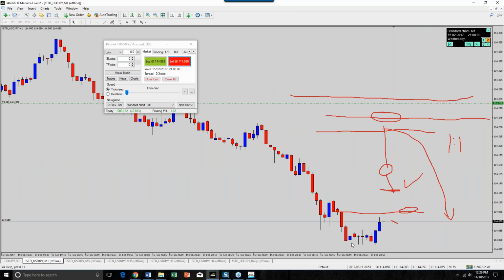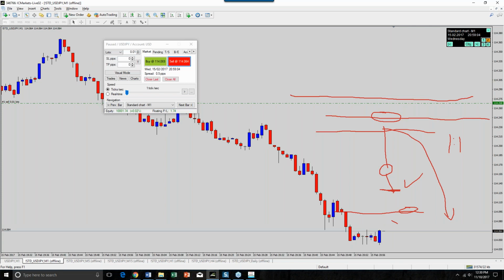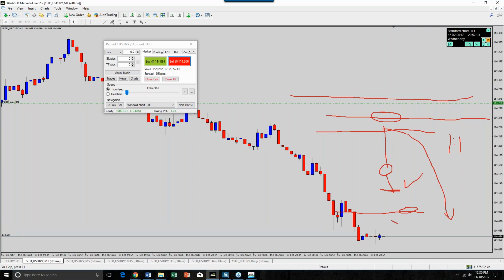We came right to that bottom point, and as the hour is finishing, we start to see movement pulling away. So once again, this is where you start looking at your earlier candles, right? So I'll go back a candle. You can see we're just before the end of the hour. You can see this is where we have the lowest point in the last few minutes before the end of this hour. This is what you look at when you're taking your trade and you say to yourself, okay, if